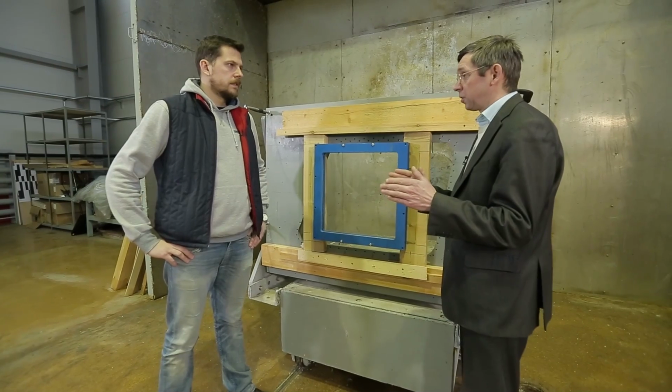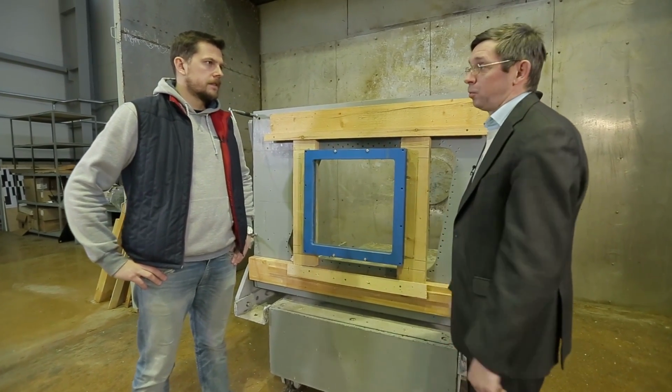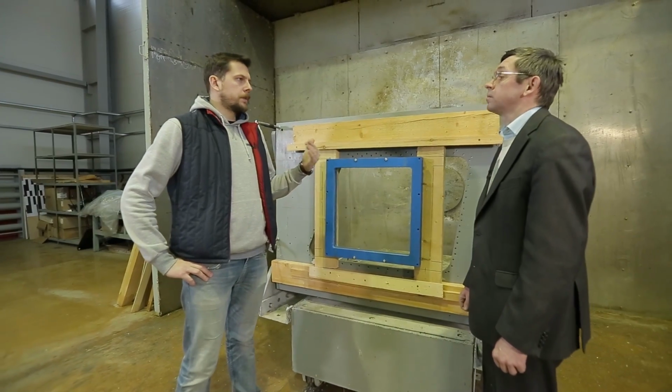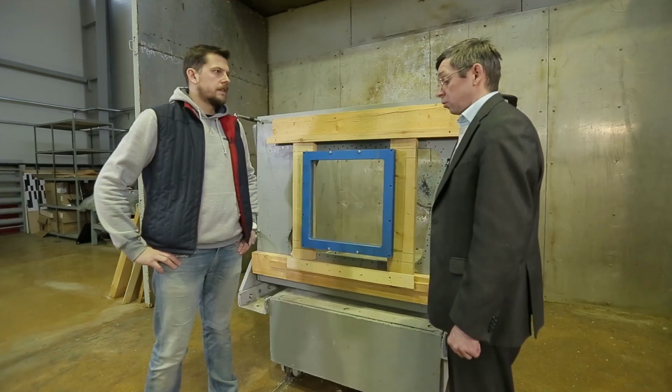120 kilometers per hour is the speed of the railway engine itself, and the additional 120 kilometers per hour is the speed of a passing train from which the bottle can fly out. So I take it that this test was not pulled from a hat, was it? That's right. These industry codes, developed by the Federal Agency for Railway Transport, covered a case that took place on